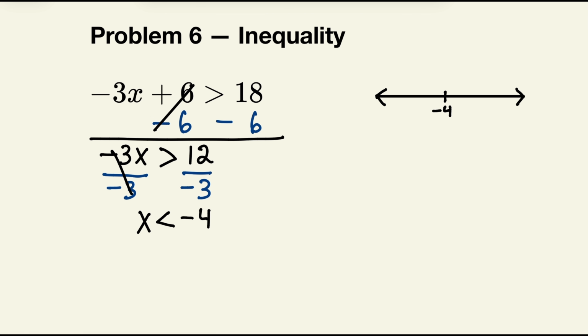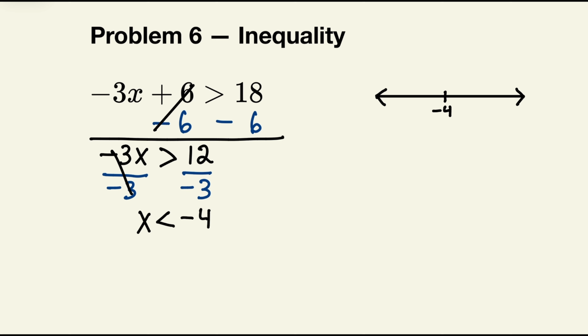All right, so what I want to say about this is notice the inequality symbol changed directions. So anytime you're multiplying or dividing by a negative number, the inequality must flip directions. That's one of the biggest mistakes people make on inequalities, is forgetting to flip directions when they're multiplying or dividing